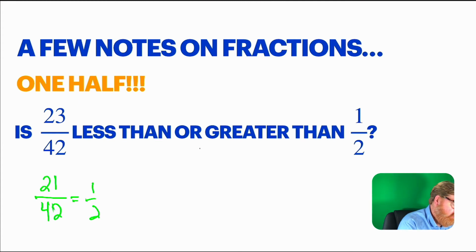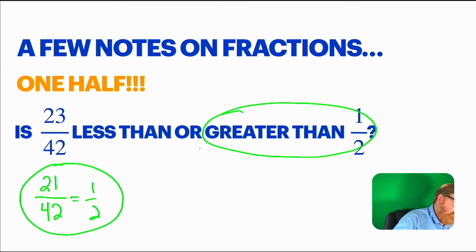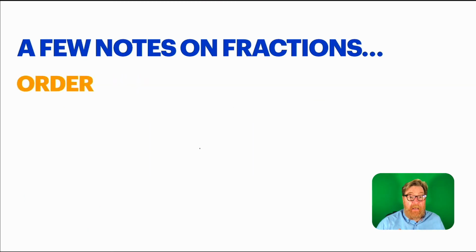You need to sort of know that, and then you can compare 23/42 to it. Well, 23/42 is clearly greater than 21/42. So 23/42 is greater than 1/2. Looking okay? Just figure out what 1/2 is with that particular denominator, those pieces. All right? Now, having just said that,